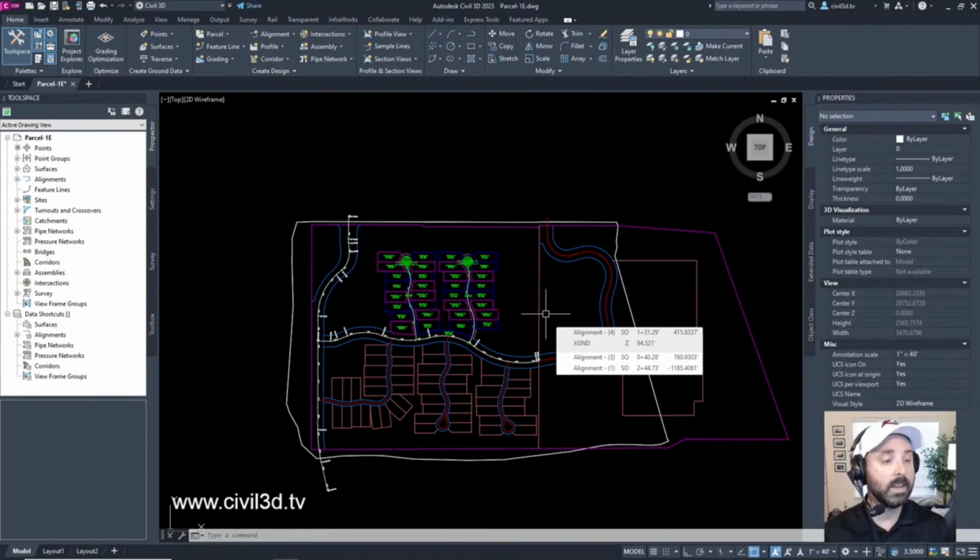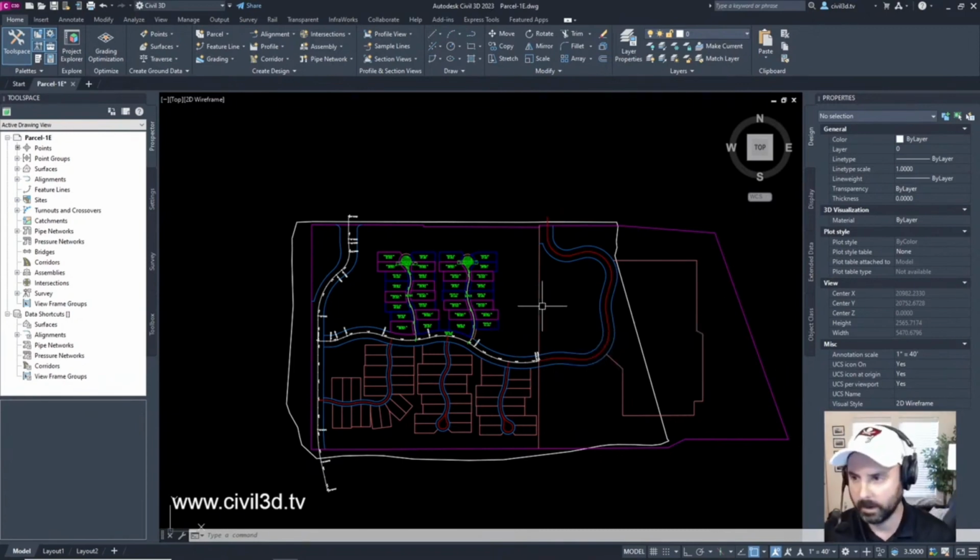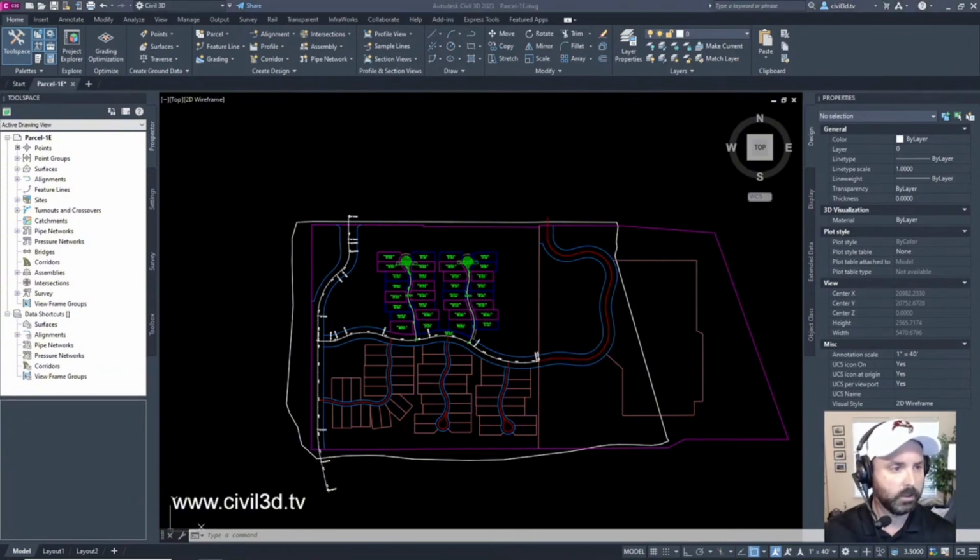When an alignment is in a site, it creates new parcels. I'm going to repeat that. Whenever you add an alignment to a site, it'll divide it into separate parcels. It creates new parcels if it forms closed areas by crossing over itself or other alignments. So if you have a piece of property, like a square piece of property, and you have an alignment that goes through, then it will create its own parcels. Well, we're going to be diving into this anyways, folks. Enough talking, let's do it.